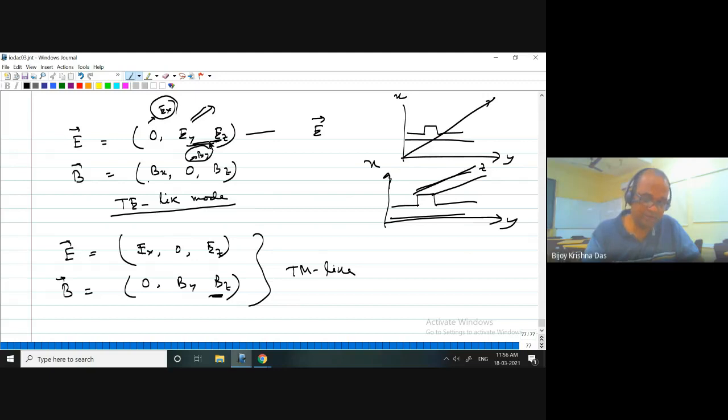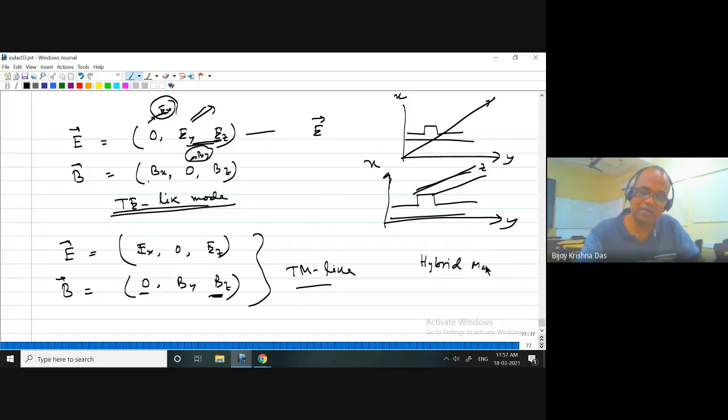But you may find that the Ex component is not so negligible; such solutions you can also get. It is nearly comparable to Ey, for example. Similarly, the Bx component is not negligibly 0. You cannot approximately consider it like that. It is significant, equivalent, for example. In that case we normally cannot call it a TE-like mode or TM-like mode. We call it just a hybrid mode.